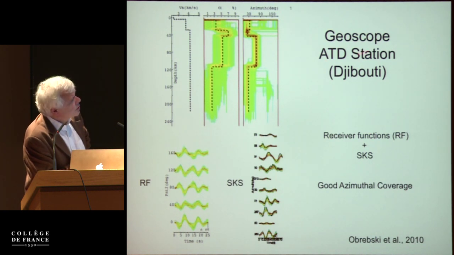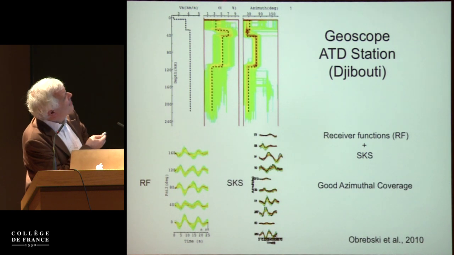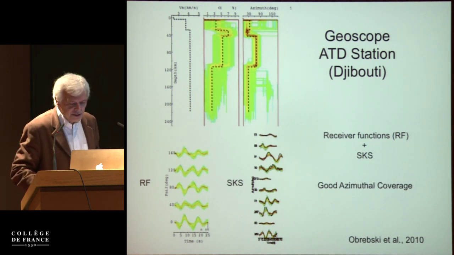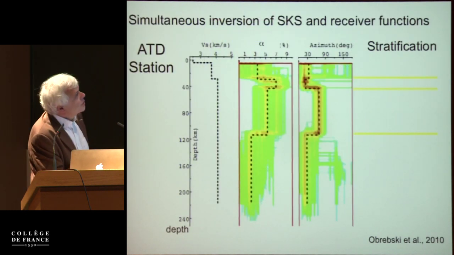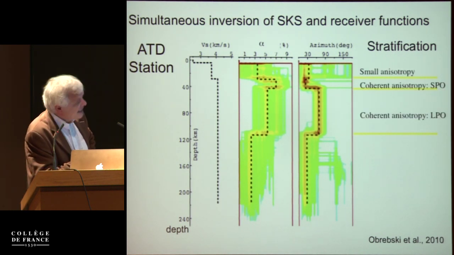We use a GEOSCOPE station in Djibouti, ATD, and here are the data: receiver function and SKS data. What we see is, again, a statistical approach where we try to invert for VS velocity. Alpha is the amplitude of anisotropy, and we have the azimuth. For this station, we have a stratification of anisotropy with different orientation and different amplitude. And if we try to interpret the stratification, we can say that in the upper part